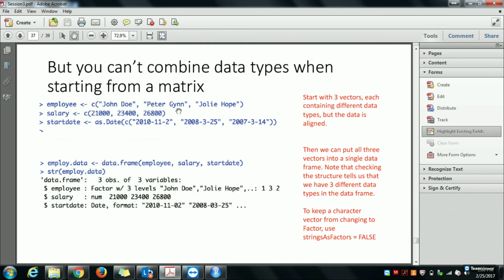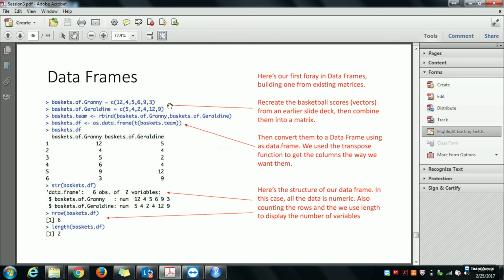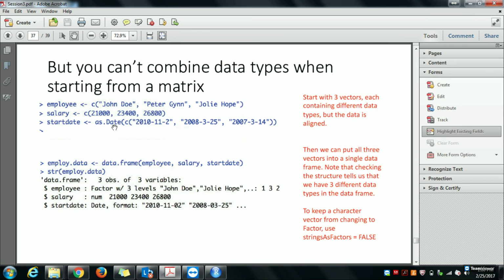So this is another way of creating data frames, because in the previous slide we had just numeric vectors and combined them to form a data frame. In this example, we are using different types of data. We have employee name, we have salary, and we also have start date of the employees, which is a date class. So if you want to combine these three, you just put them in a data frame, and if you use the str function, you get whatever